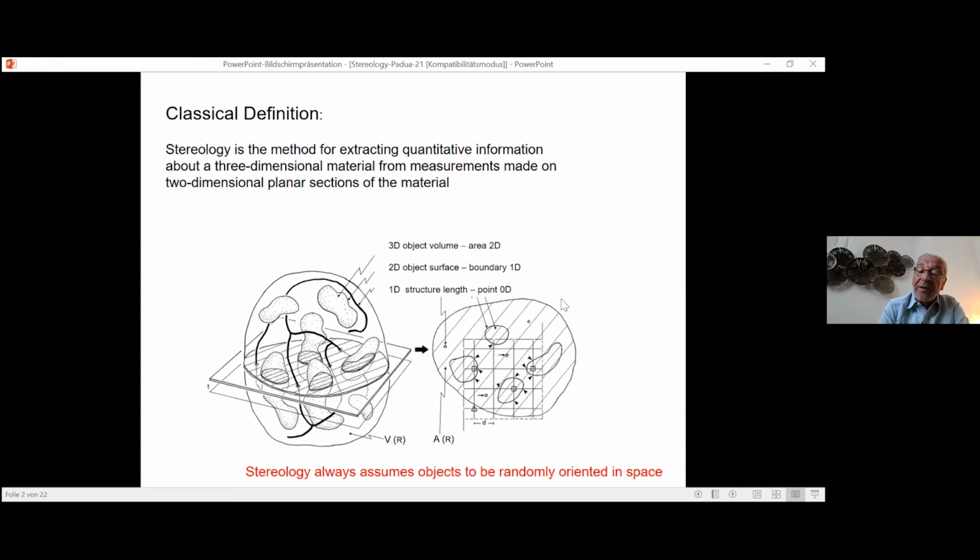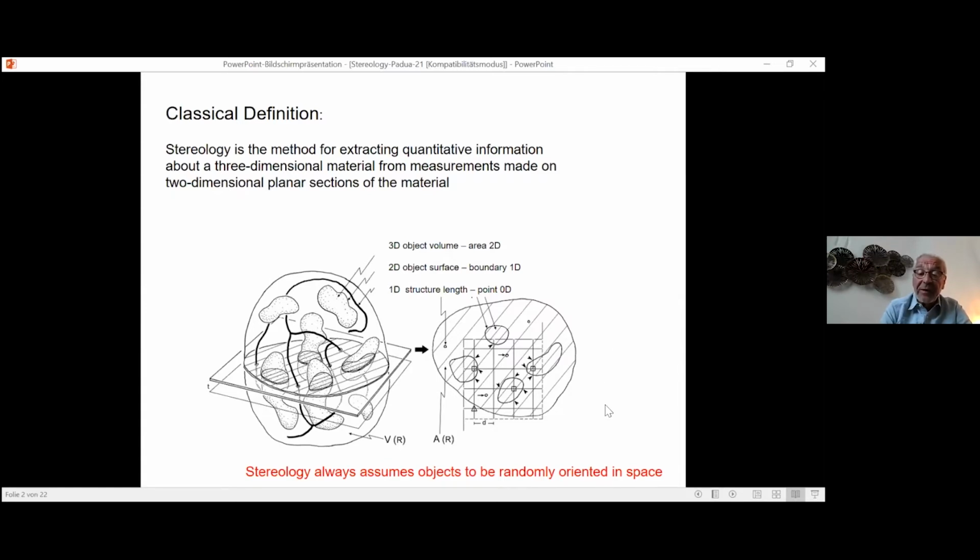So if you take a section through a 3D structure, essentially what you obtain is a reduction of all the elements by one dimension. And stereology is the method you can use for extracting quantitative information from these planar